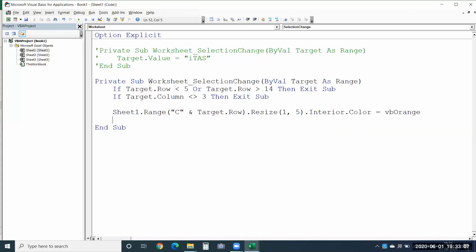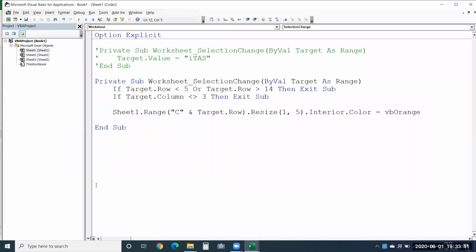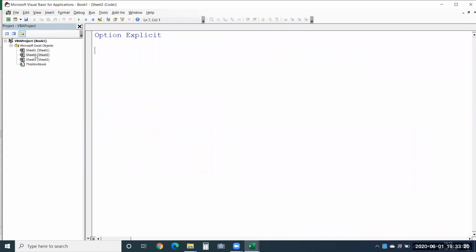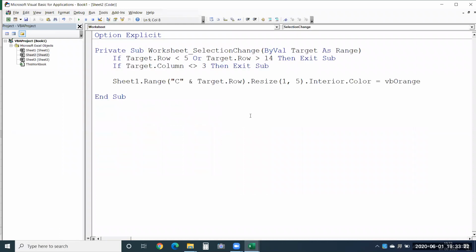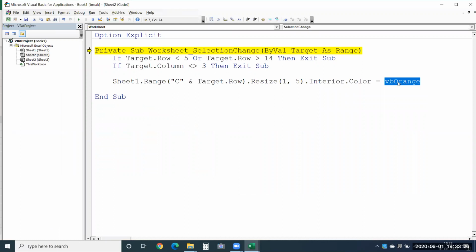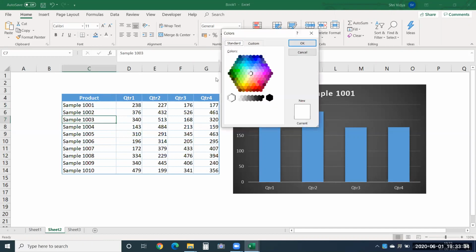Now let me show you why we need to remove colors. See, if I choose this, sorry guys, this has to be written in sheet 2. That's where our data is present. Now it will work. Or let's go here. It's saying the color code is wrong. Let's go here, go to more fill colors and choose orange.